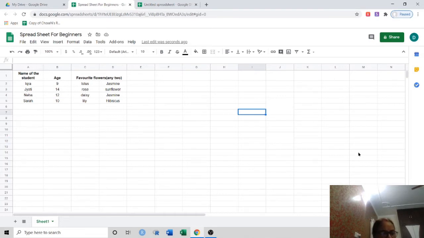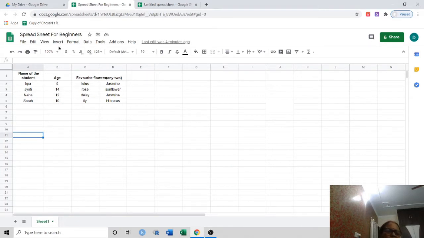All you have to do is press Ctrl F. As soon as you press Ctrl F, here comes find in the sheet. You type the name over here. You want Jyoti, so you type Jyoti over here and see, the name of Jyoti is highlighted over here and you can see all the data you require about Jyoti. And if you do not need it, then just cross it and that thing goes away.